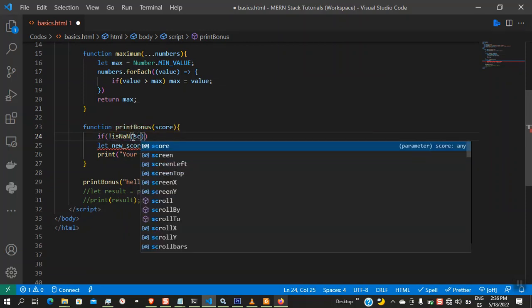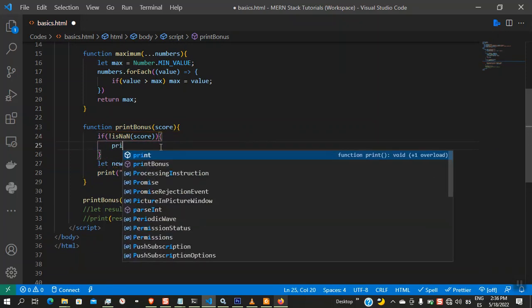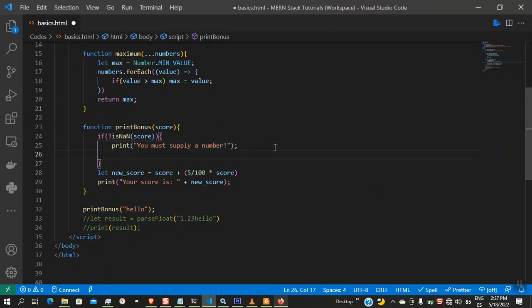Score, print, you can say print you must supply a number. So we can say print you must supply a number, and in that case we can go out and say we can return, will return the function, return from the function, and this part is not going to be executed. So now if we pass not a number to it,